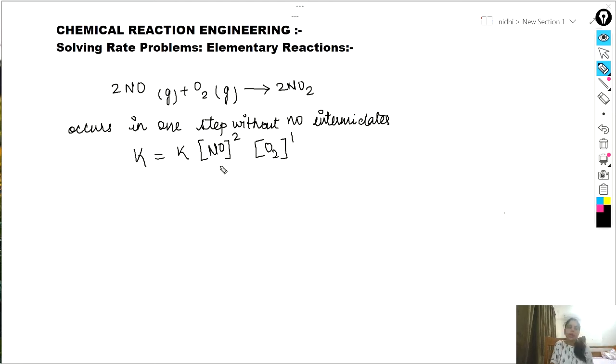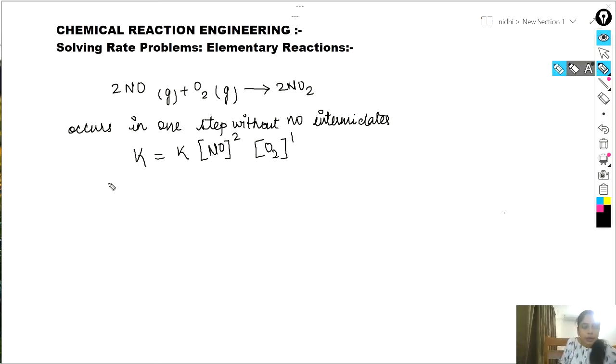and O2 to the power 1. In an elementary reaction, this exponent is always an integer, but in case of a non-elementary reaction, it is not necessary that it is always an integer; it can also be a fraction. And it is not necessary in a non-elementary reaction that it matches the stoichiometry. I explained this in the last video too. But in an elementary reaction, it matches the stoichiometry. So if it occurs in one step, then you can use the stoichiometry as your